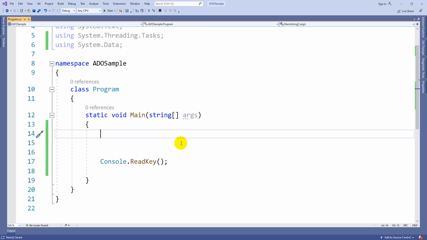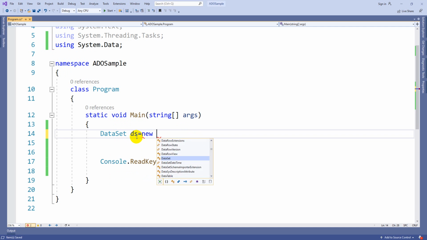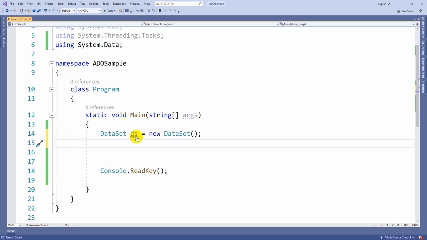So again I am starting from scratch. This program is going to be a bit bigger one, but try to understand it. For this one also you have to import the namespace using System.Data, then only this class can be recognized. So ds is equal to new DataSet. For a data set you cannot give any name; for a data table you can give the name, but for a data set there will be no name.